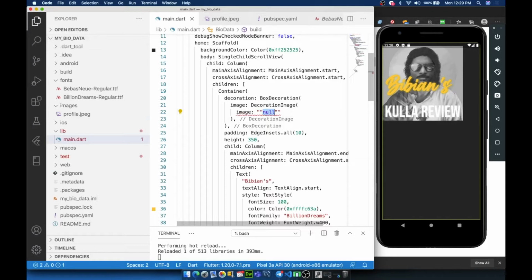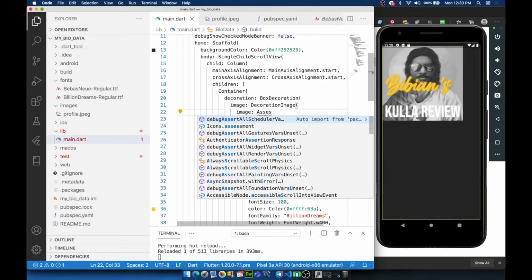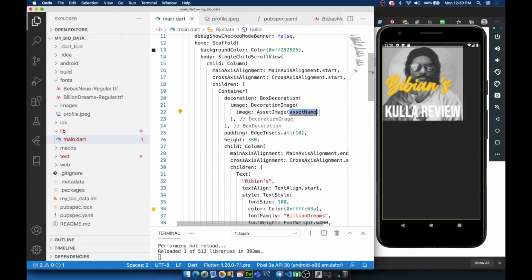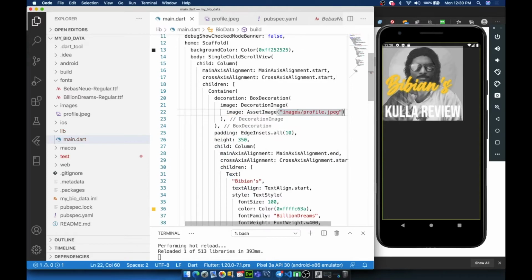So in this image, type in the path. Okay. So what's the path? It's images slash profile.jpg, right? That's where I have my image. Profile.jpg. You can have a PNG. That's okay. I'm sorry. Yeah, this image will take something called an asset image. I'm sorry about that. Asset image. So in the asset name, I want you to type images profile.jpg.